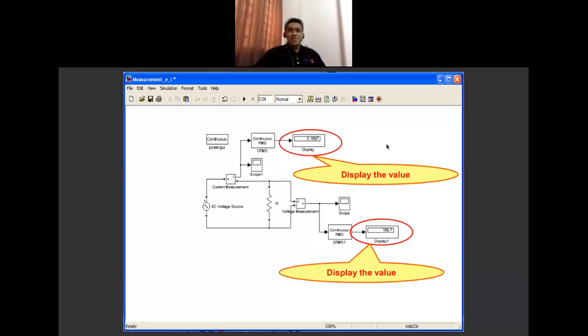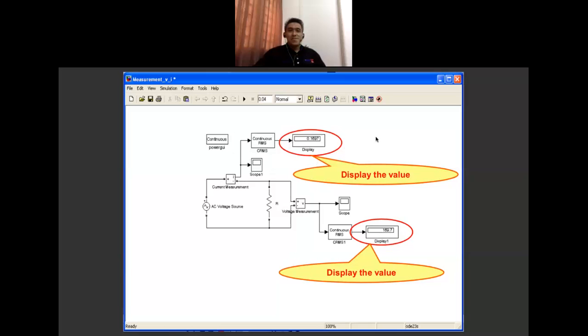To get the actual value, you can use continuous RMS. It will measure directly from the current measurement and display directly the actual value. So that's question number 1.